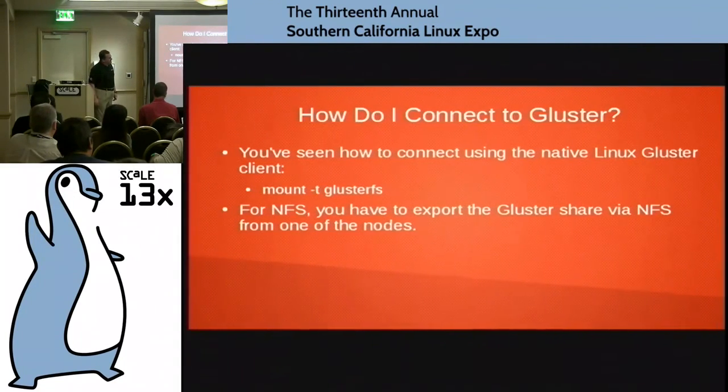I don't know what you mean. Oh, you mean for doing shadow copying and stuff like that? Gluster doesn't do that. So the question is, can you integrate with Active Directory or LDAP or something like that? Yes, you can. You can set up SSSD, which is our authentication framework. You can point it at an Active Directory environment, so you can do all of your authentication against the AD environment. Anything that gets written to that file system will be written with the UID and GID of the user or whatever your mapping is. But Gluster doesn't actually care about that. That happens at the authentication layer, not at the Gluster layer.